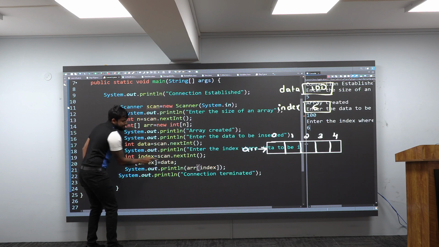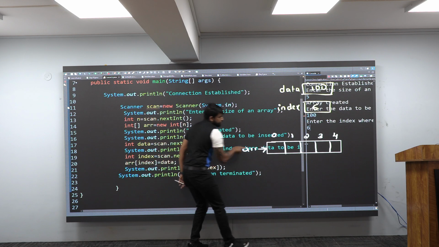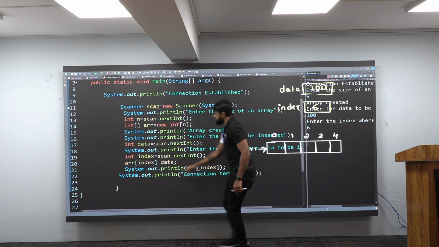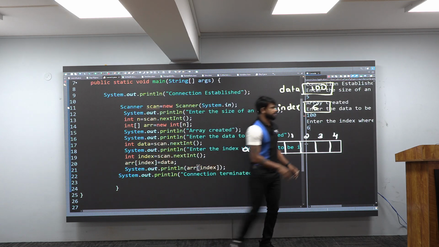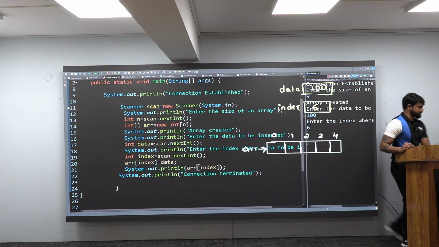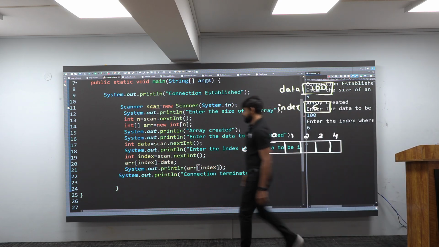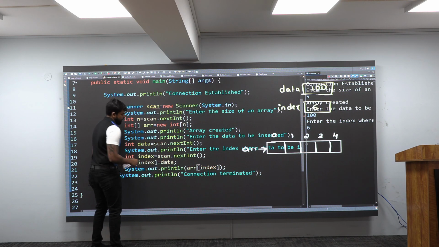Means enter the index, 6 you have given and it came inside index. That is 6. Now, what is data? 100. ARR of, what is the index? 6. ARR of 6, you want that 100. ARR, you go, where is 6 here? No. Means here, there is an unusual event happening there. If an unusual event happened, 100%, there will be something. It's there in the pocket only. Good. 100%, there is an unusual event occurred here.